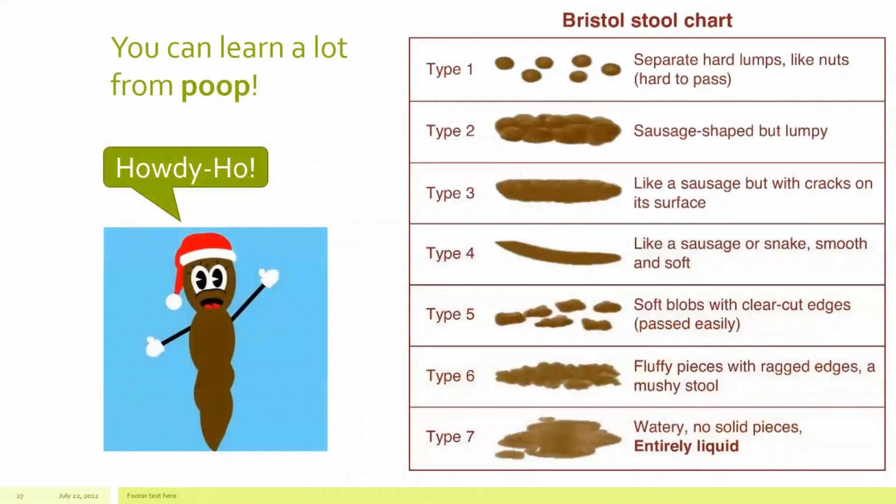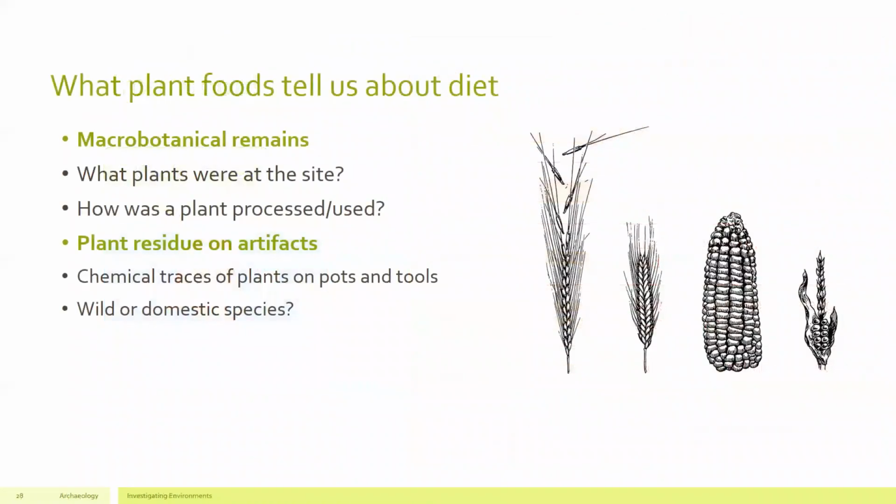So you can actually learn quite a lot from feces. There are studies at Paisley Cave that tell us different attributes of what is represented in feces by all kinds of different analyses. You can also tell the health of the individual, and here is a useful Bristol stool chart that analyzes different types and varieties of human feces as representative of the health of the organism.